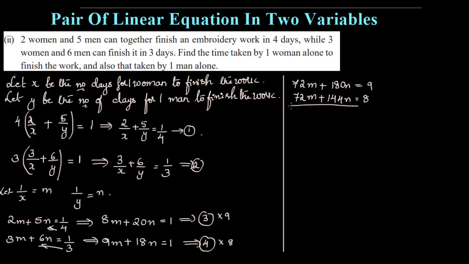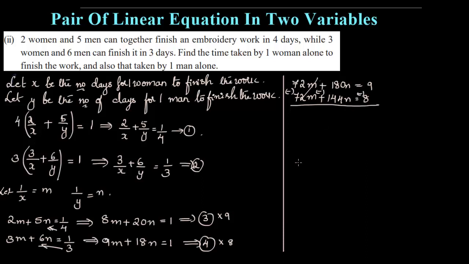So now let me just eliminate one of the variables. So here I am eliminating m. Here I need to change the sign of every term because both are positive, so you cannot cancel it off, right? So we need to change the sign. So this will get cancelled. Here plus 180 and you have 144, right? So we need to subtract these two.